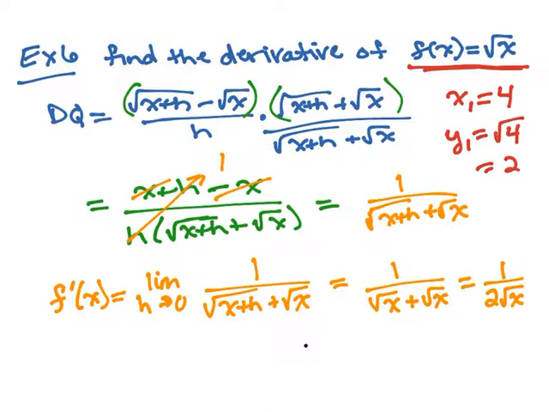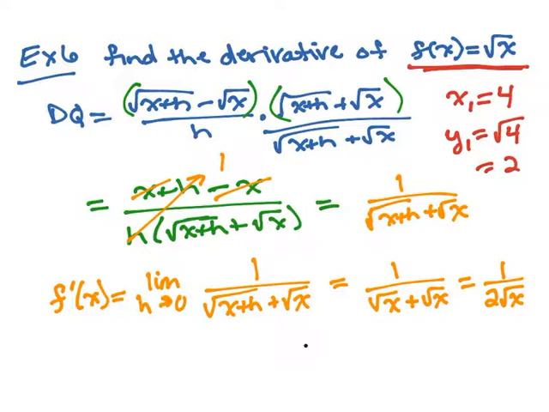Here's the example we started with where I asked you to work on it on your own. The first thing I did was solve for the difference quotient. It is one of the problems where we had to multiply by the conjugate in order to simplify out the h that's in the denominator. So the work done there is the simplification of the difference quotient, and to find the derivative I took the limit as h goes to 0 and it ended up with a derivative of 1 over 2 times the square root of x. I then asked to write an equation of a tangent line